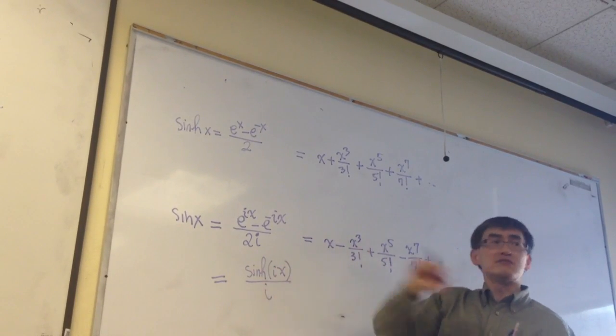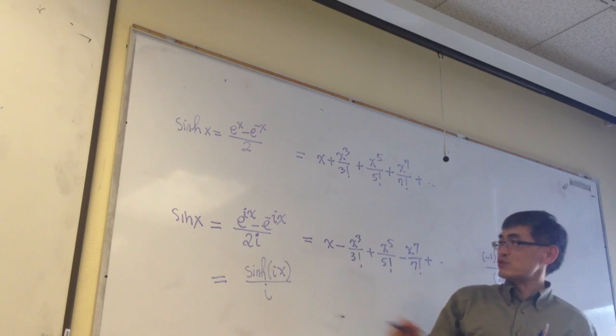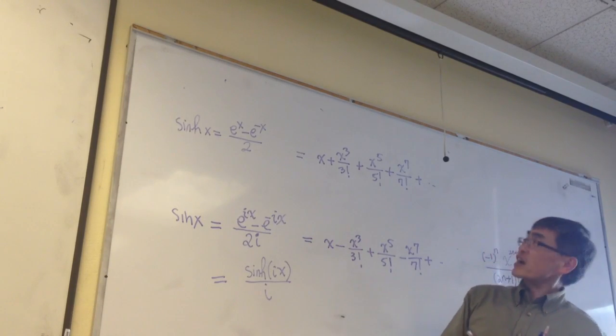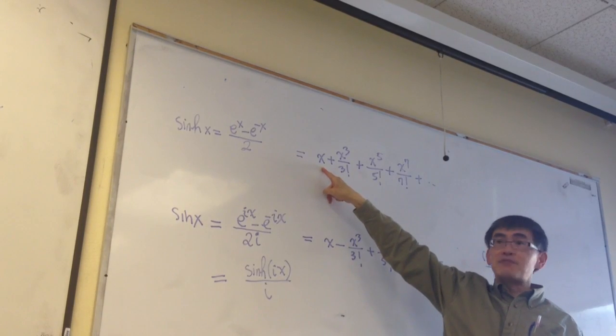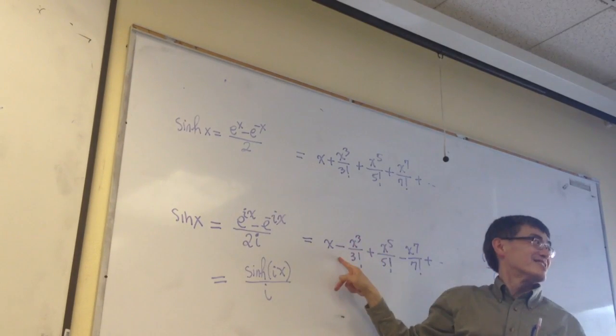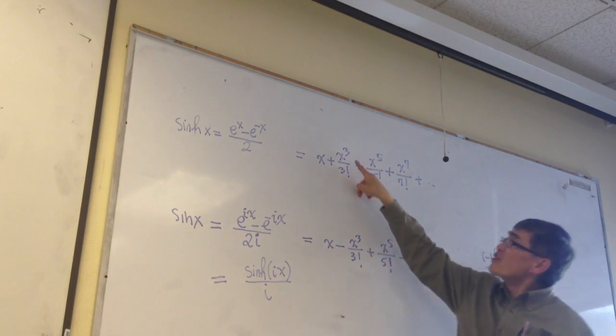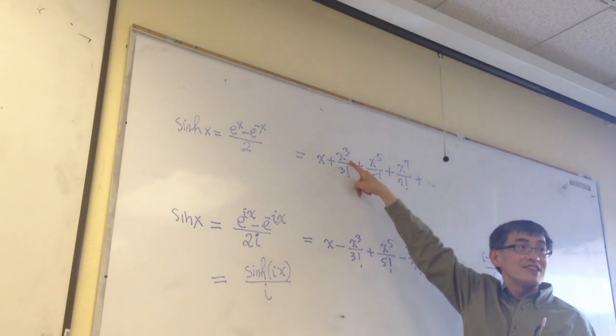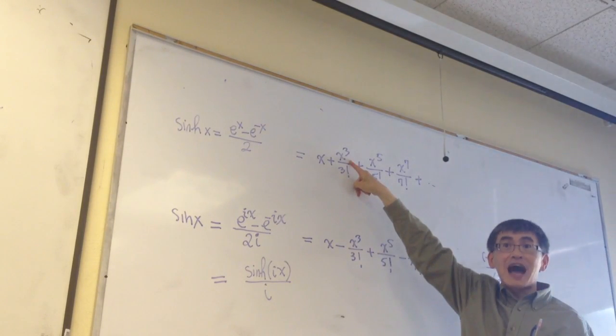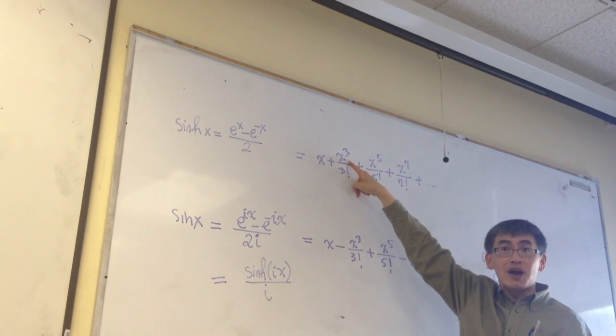And then you divide out I, and then presumably you'll get this. So let's check. First one is x. Replace x by Ix. That's Ix. Divided by I, what do you get? x. Right. Second one. If you replace x by Ix to the third power, that's I to the third power, x to the third power. What is I to